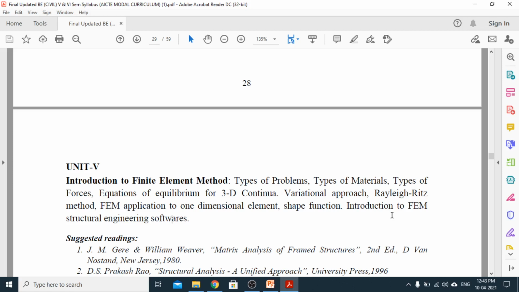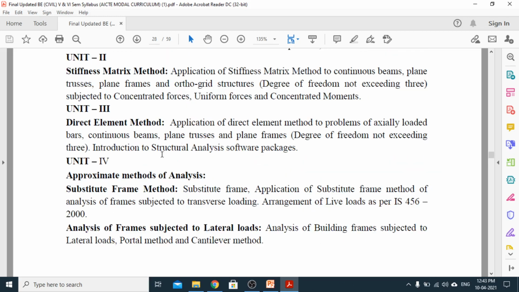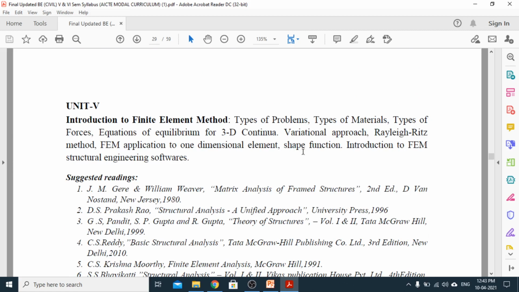So all these methods, especially finite element method, we always try to take one beam. In case of structural analysis softwares, what we do is take the entire structure. But here, especially in finite element method, we'll be taking only one member of the structure, that is one column only we'll consider. One column we consider, then we'll integrate it to get the entire behavior of the building, isn't it? We take one part of the beam, we analyze that particular beam, then immediately we integrate that to get the entire behavior of that particular structure.